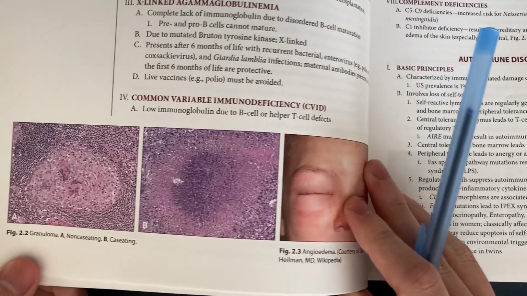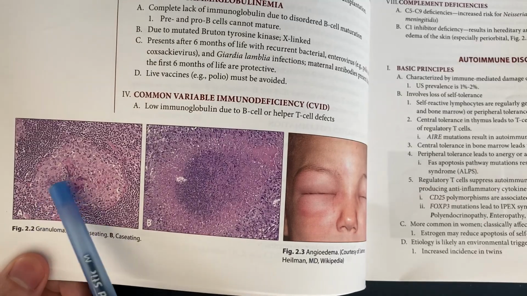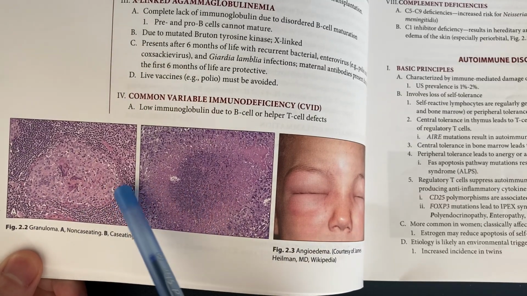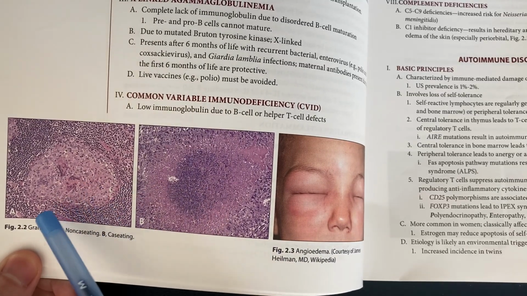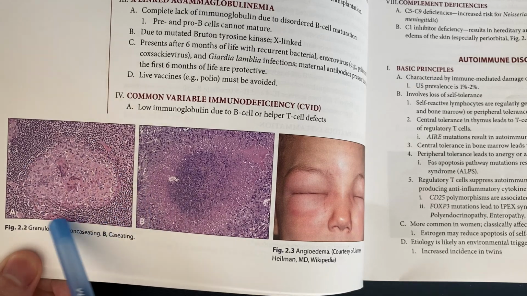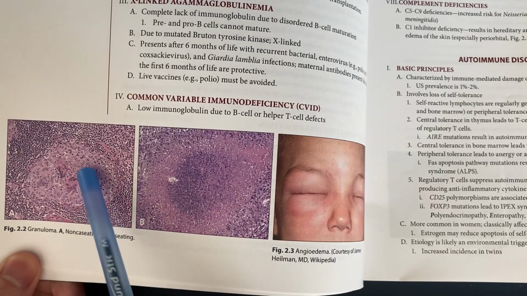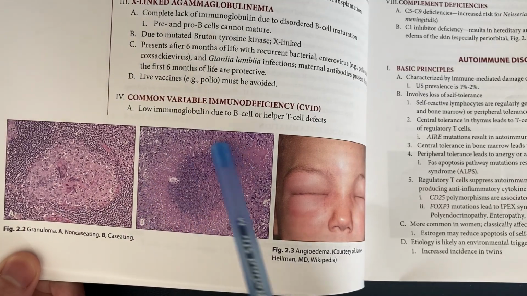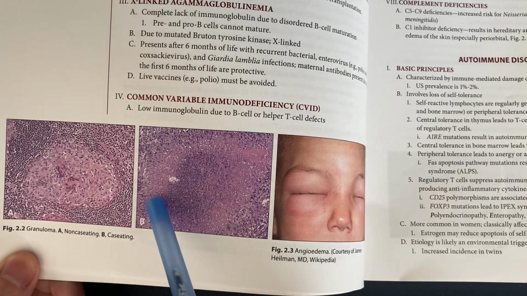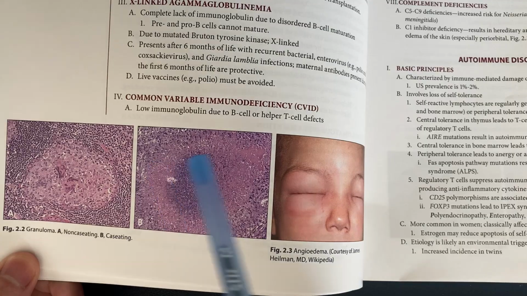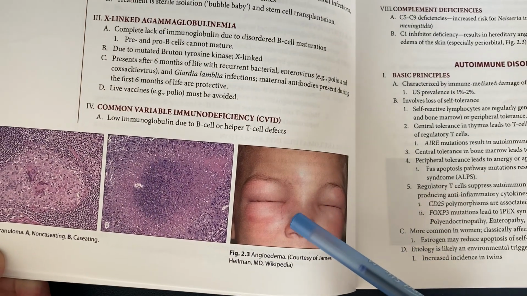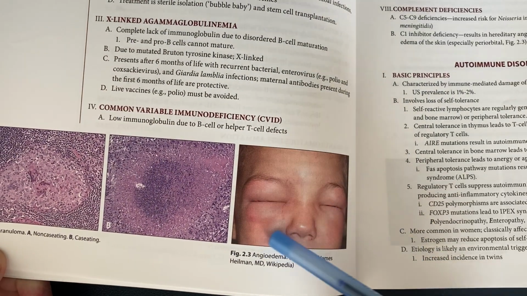Alright, so here are some histological images of a granuloma. So in this figure, this is an example of a non-caseating granuloma without central necrosis. And here is a caseating granuloma with central necrosis. And then here is an example of an